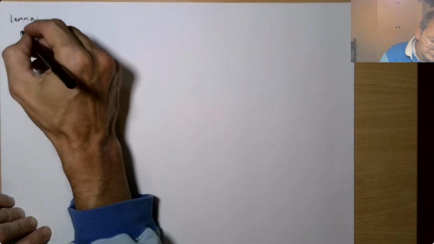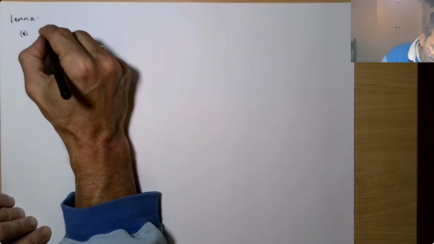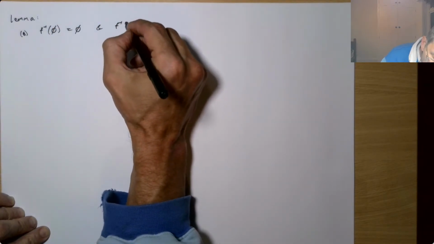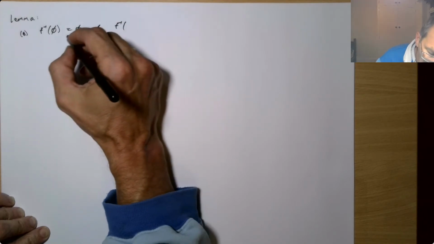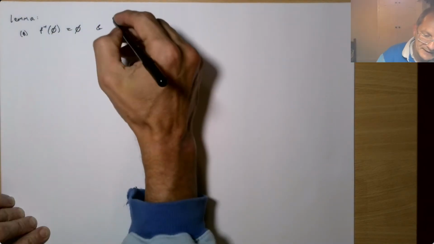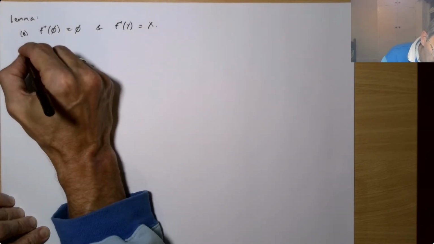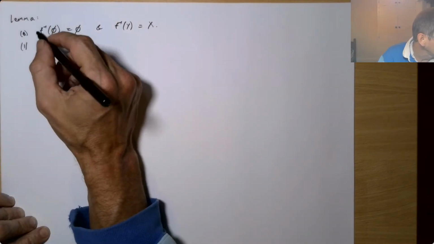So we've got, f inverse of the empty set is the empty set, and f inverse of the whole space Y is just the whole space X. Secondly,